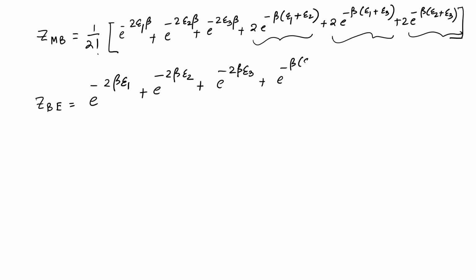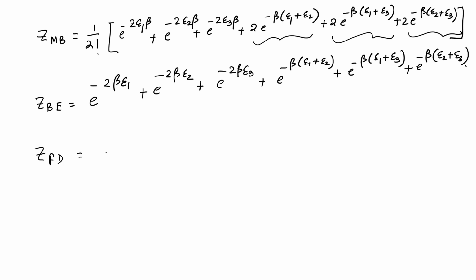So, it is exponential minus beta epsilon 1 plus epsilon 2 plus exponential minus beta epsilon 1 plus epsilon 3 plus exponential minus beta epsilon 2 plus epsilon 3. Okay. So, these are the 6 terms that you get there,